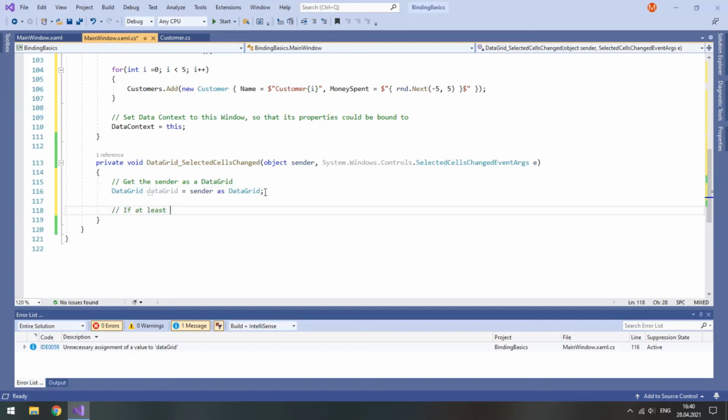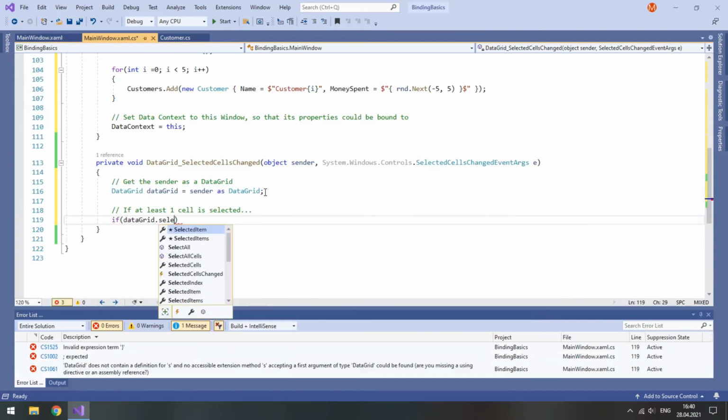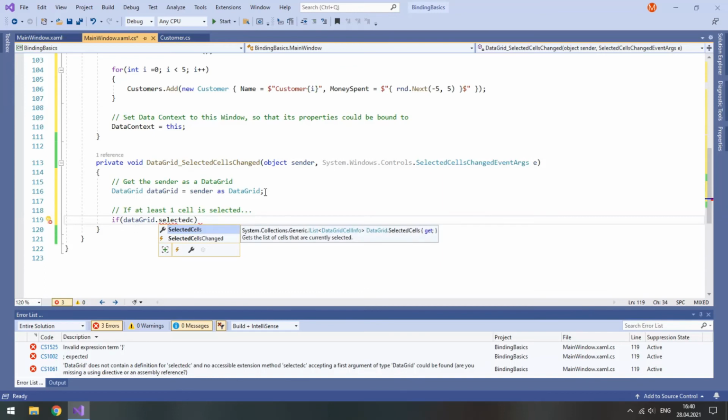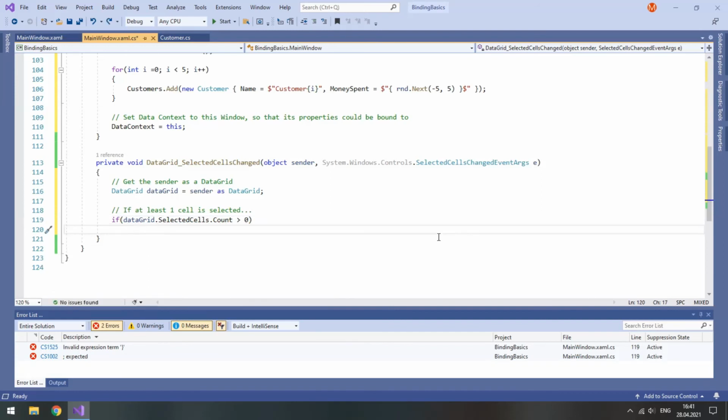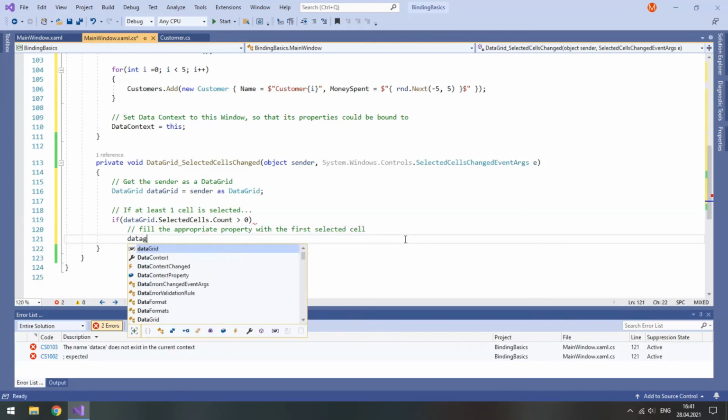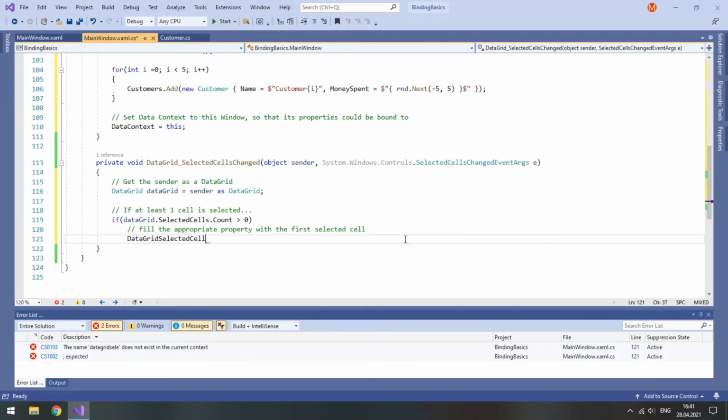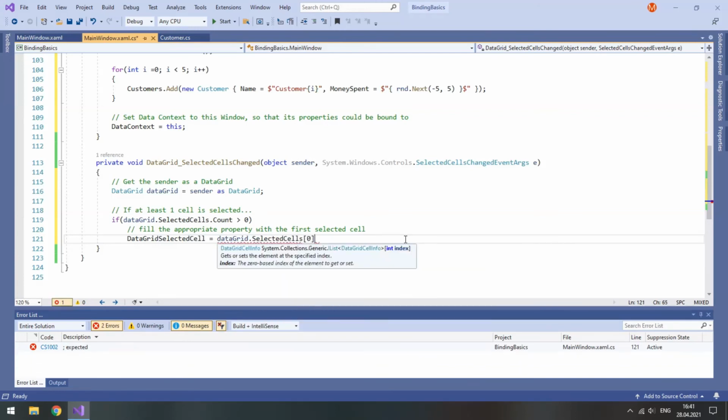So if data grid selected cells, and you see that it is get only dot count is greater than 0, then we fill the appropriate property data grid selected cell with the first selected cell. So data grid selected cell equals data grid selected cells and the first element.